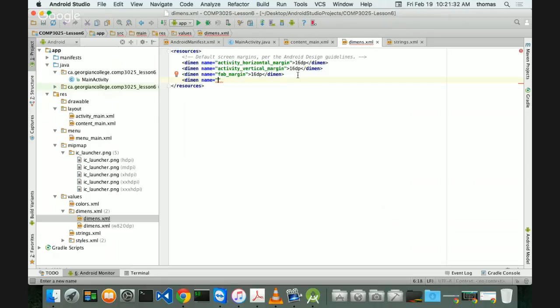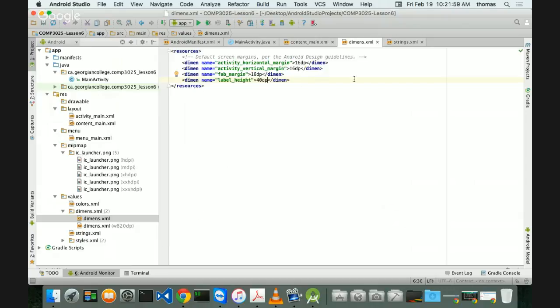Okay, so in here I'm going to create a friendly name. I'm going to call this thing label width or label height. Let's say label height, and I'm going to make it 40 dp. This is the most acceptable way of creating dimensions that we want to use, because now I can go in here, change that one thing, 40 dp, and all my label heights will change. That's the way we do it. So let's go back into